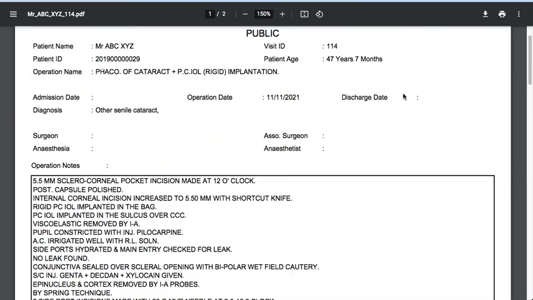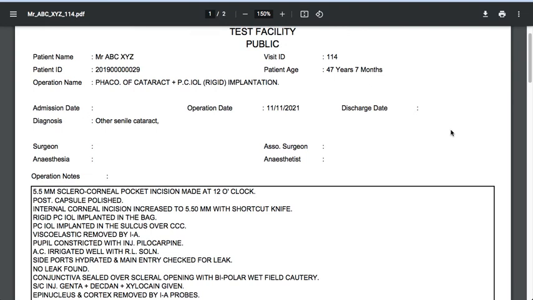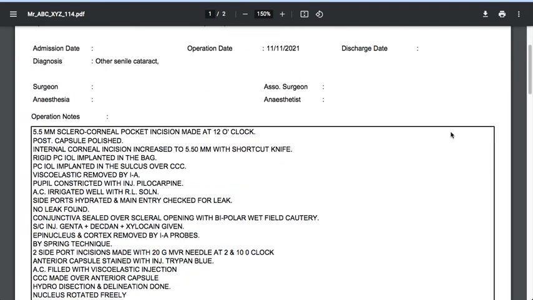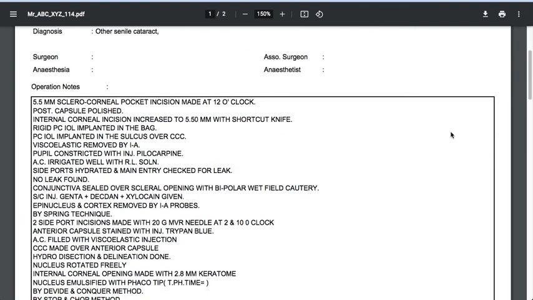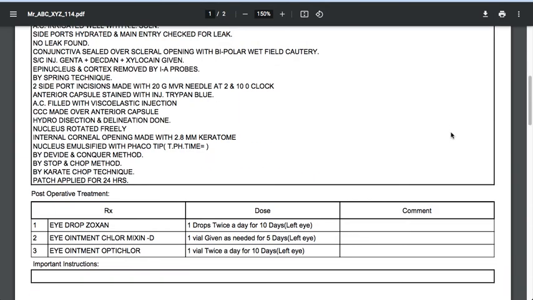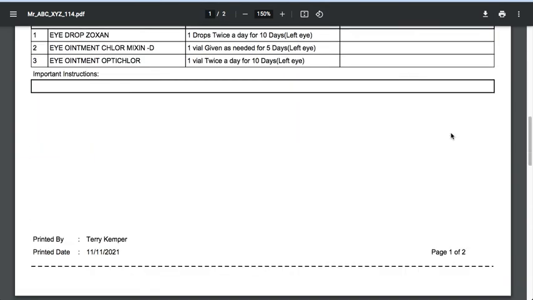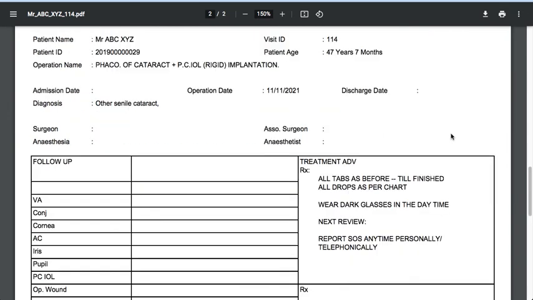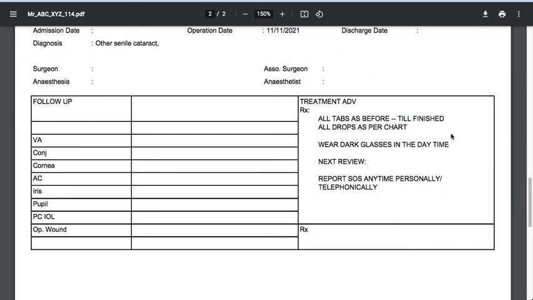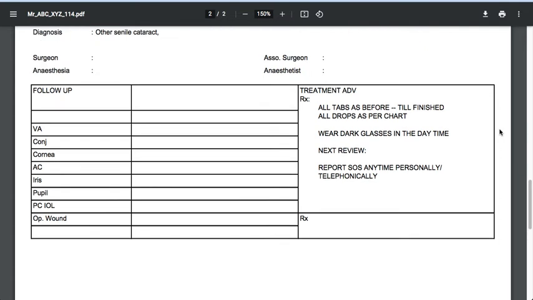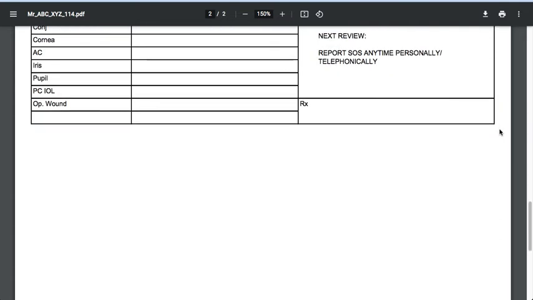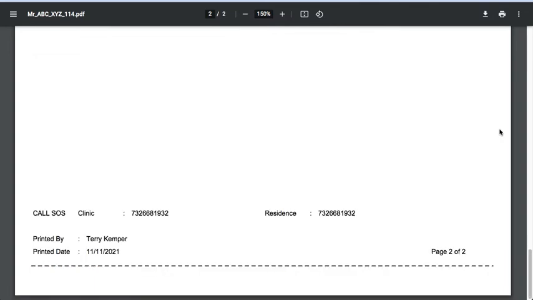This format will print out the information which was selected. Operation notes, if any recorded, will also be printed. Medications, the follow-up, details.